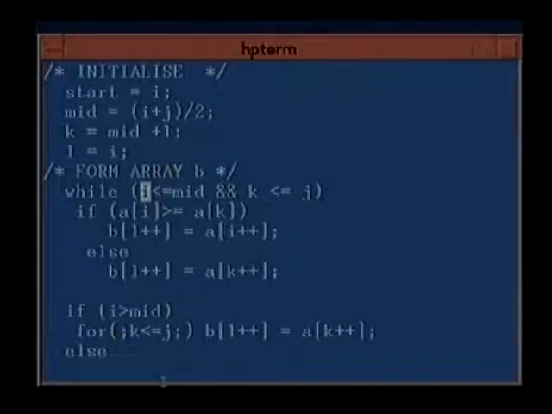And what did we say? As long as i is less than or equal to mid and k is less than or equal to j.